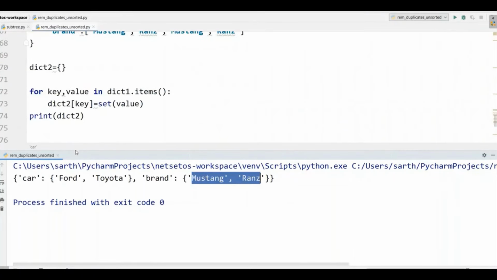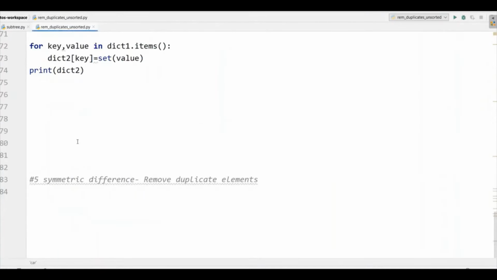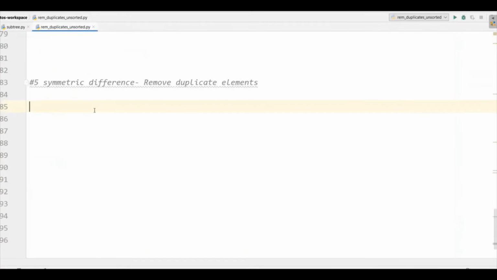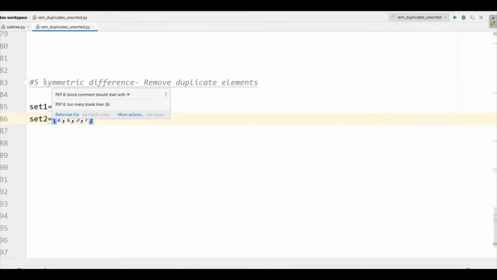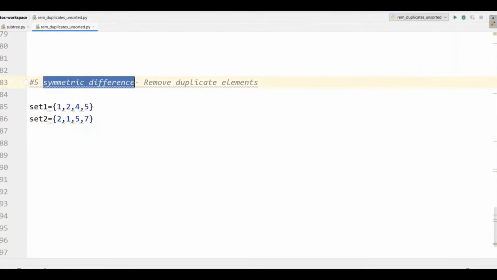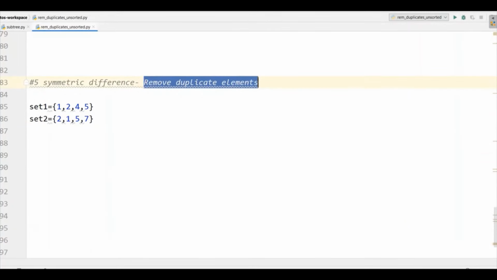Now let's see with other strategy using symmetric difference, where I'll define two sets, set 1, 1, 2, 4 and 5, and the other set 2 is equal to 2, 1, 5, 7. So here with the help of symmetric difference, we can remove all duplicate elements.